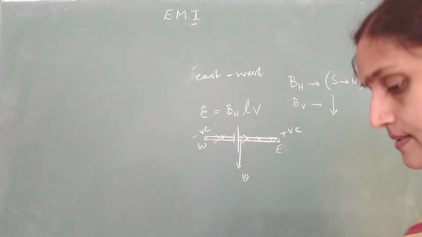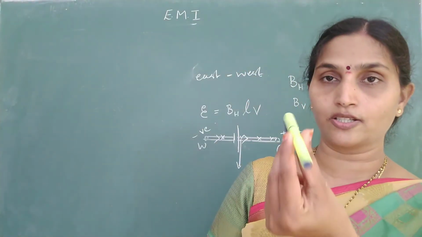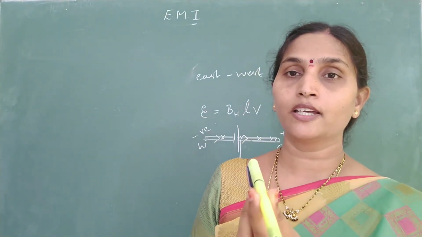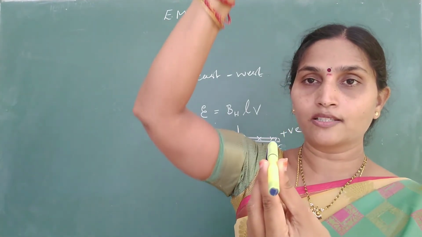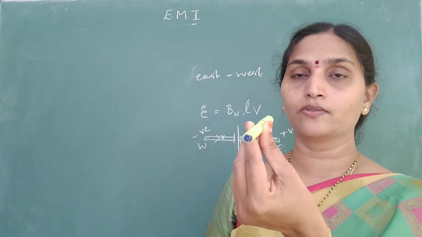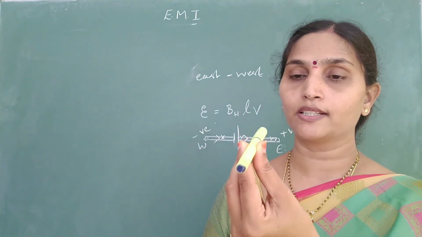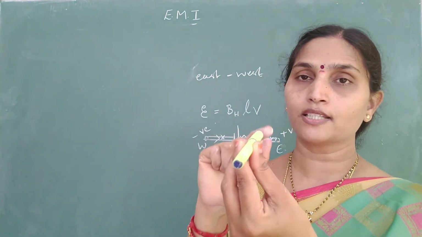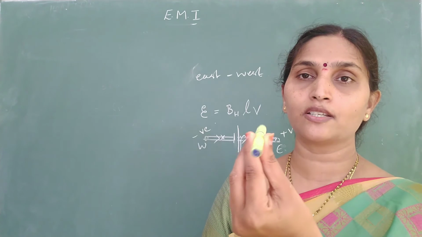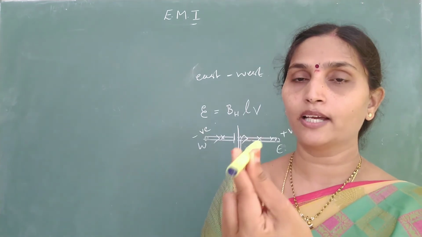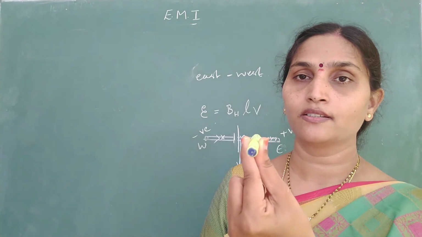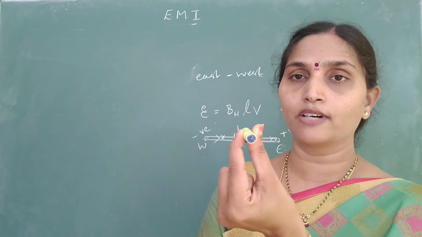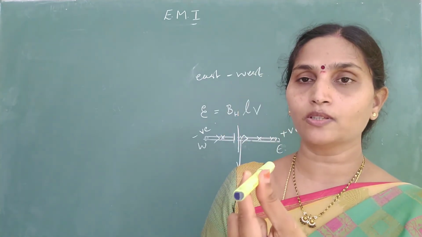Now look at this case. If the wire is in north-south direction, and is falling freely, will there be induced EMF? See, BV is downward, velocity is also downward. So no EMF due to the vertical component. BH is towards me, the length of the conductor is also towards me. Since B and L are in the same direction, no EMF is induced due to the horizontal component. So will there be induced EMF if the wire is in north-south direction? No. Since the thickness of the wire is very small, no EMF will be induced in a thin wire which is falling in north to south direction.